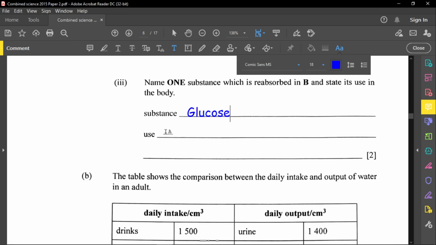All right, so great. But what is the function of glucose in our body? Glucose is used for energy. It is used to produce energy by respiration. All right, excellent. Now for part B,